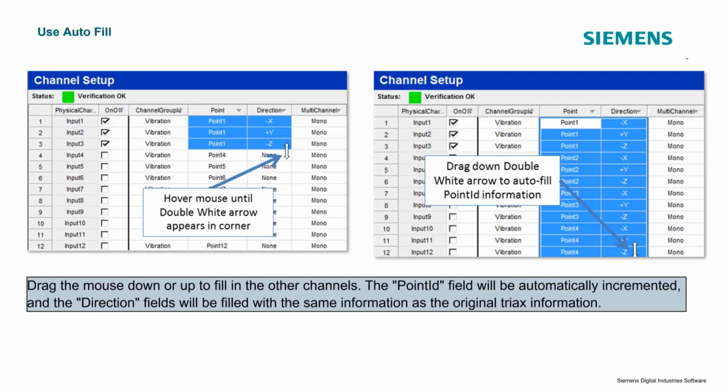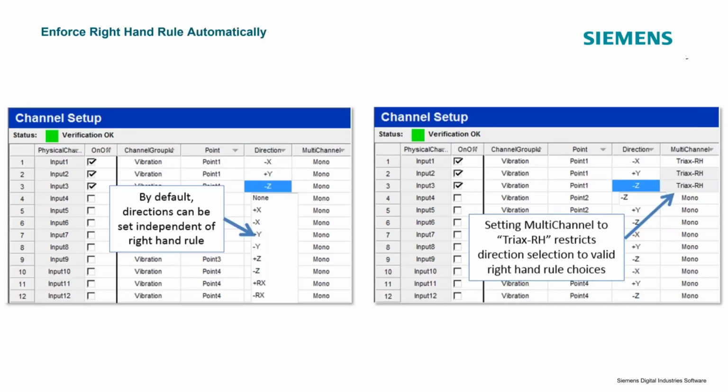The first topic we're going to get to is working with the channel setup. Show you some different things we can do when it comes to filling out our channel information to maybe eliminate errors that can come from typing in the wrong information or maybe the wrong channel direction. And I'm going to show you some tips if you work with a lot of accelerometers. Why don't we move right over to the software?